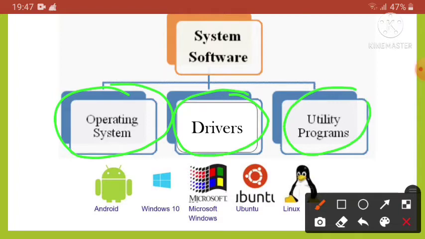Next one is utility programs. Utility programs add functionality to a computer or help it to perform better, like virus protection, password protection, memory management, file compression. All these functions are done by utility programs.